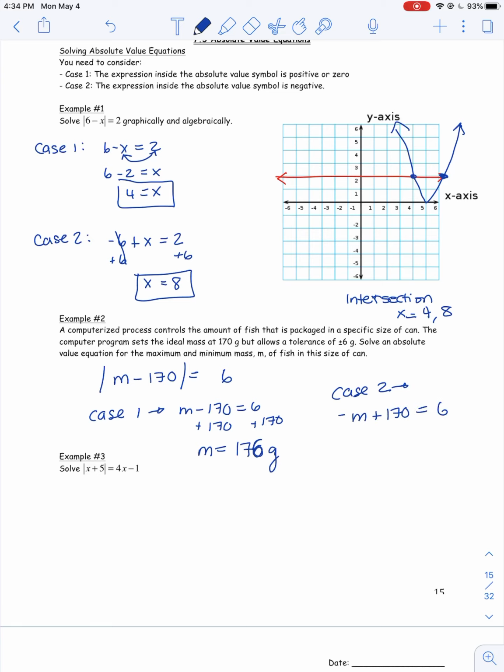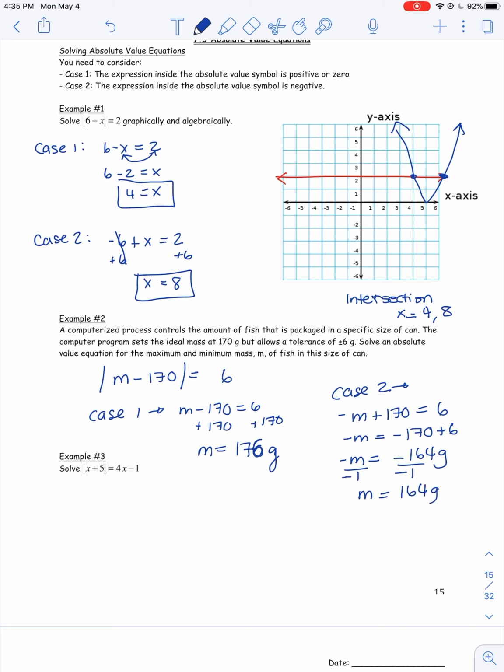Case 2 is where within the absolutes we change the signs. We're going to go negative m plus 170 equals positive 6. So negative m equals negative 170 plus 6. We're going to move that 170 to the other side to change the sign. And then negative m equals